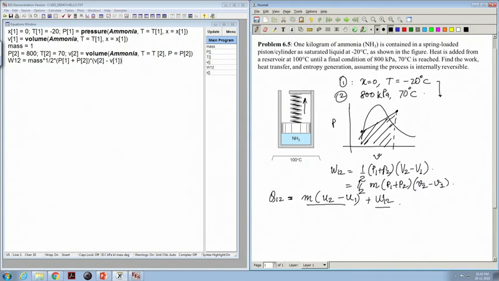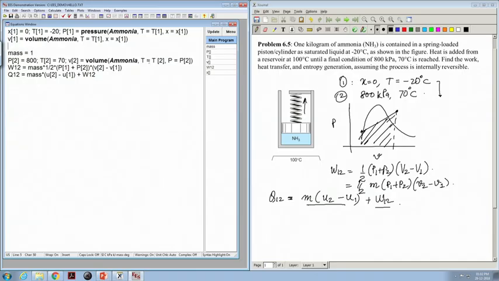Let us find out what the heat transfer is, where now we have to define what the U's are. So, U1 equal to, so there we go, and similarly U2 equal to